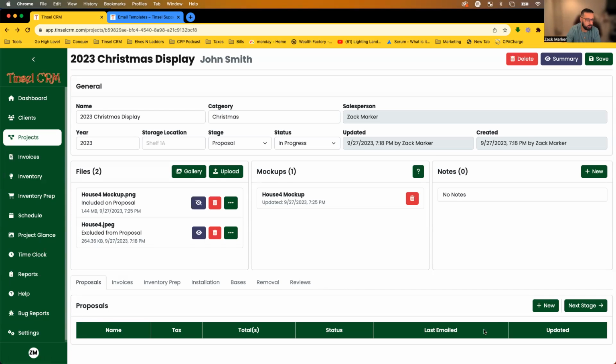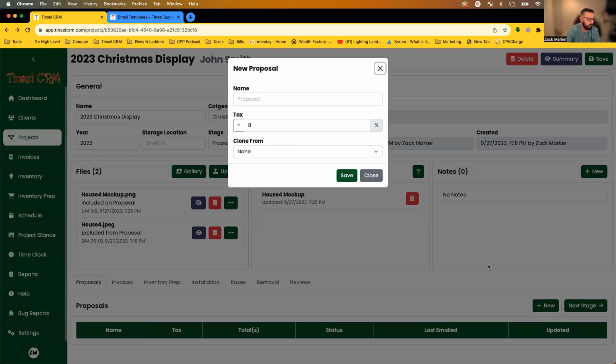All right, so first thing we're going to do is create a new proposal. Go ahead and click on new. I like to just name it proposal unless you're doing multiple proposals for this particular client, then you can say proposal 1, proposal 2, or you can say Smith 2020, Smith proposal, let's just say. All right, here is where you can select